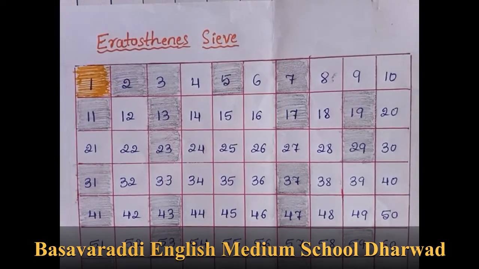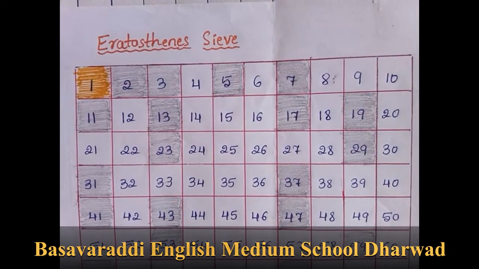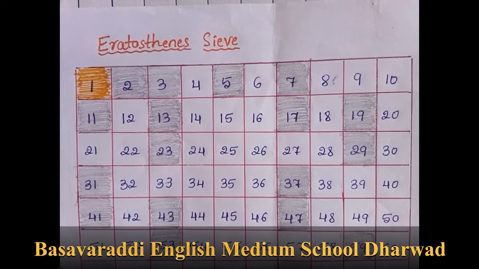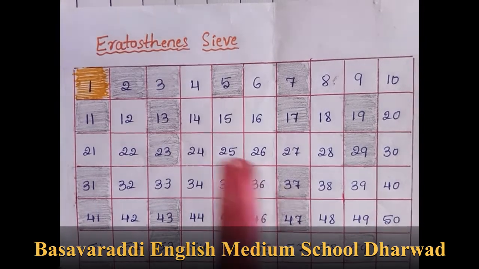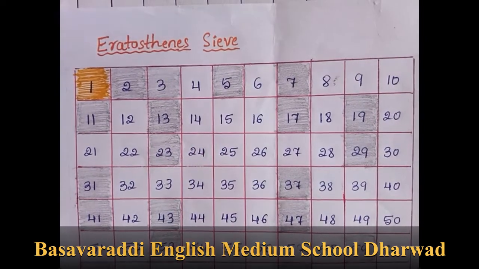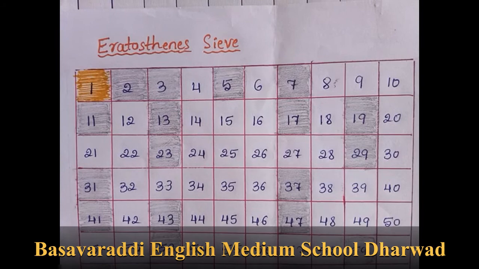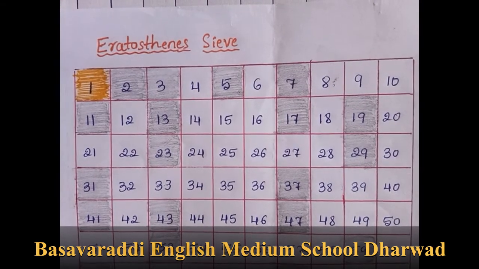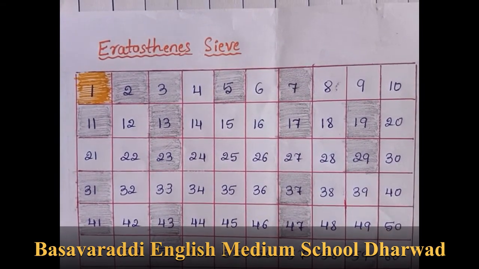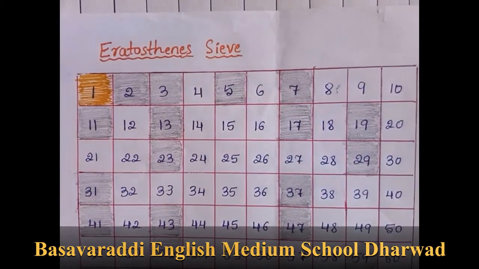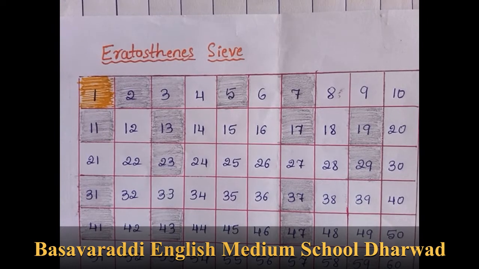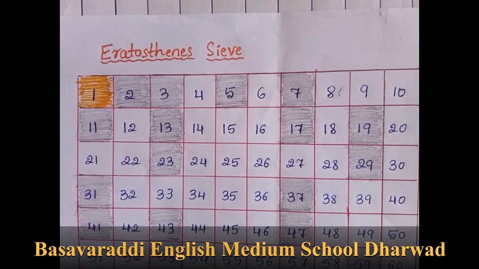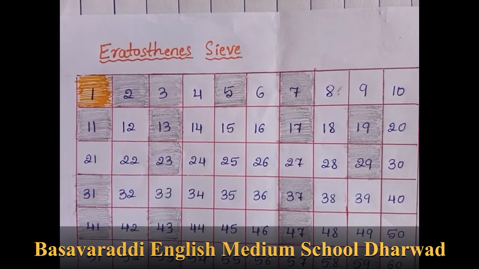Yes, the fourth question. List down all the sets of twin primes from 1 to 100. Okay, by Eratosthenes sieve method. Who is that? He is a great Greek mathematician named Eratosthenes, who created a method to find prime numbers between 1 and 100 known as the Eratosthenes sieve.